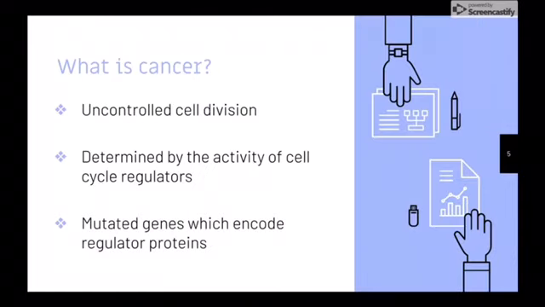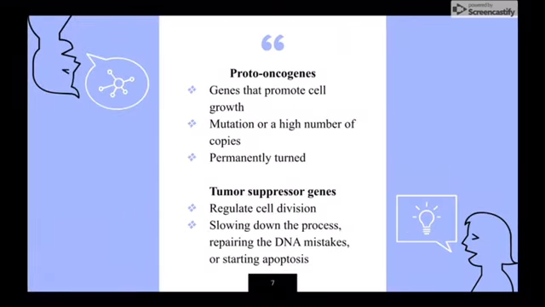So, in order to answer whether or not those conspiracy theories are even a possibility, we should talk about what cancer is and try to move on from there. So, cancer is a disease caused by uncontrolled cell division, and it is basically determined by the activity of cell cycle regulators. So, proto-oncogenes are genes that promote cell growth, and their mutation or high number of copies of them